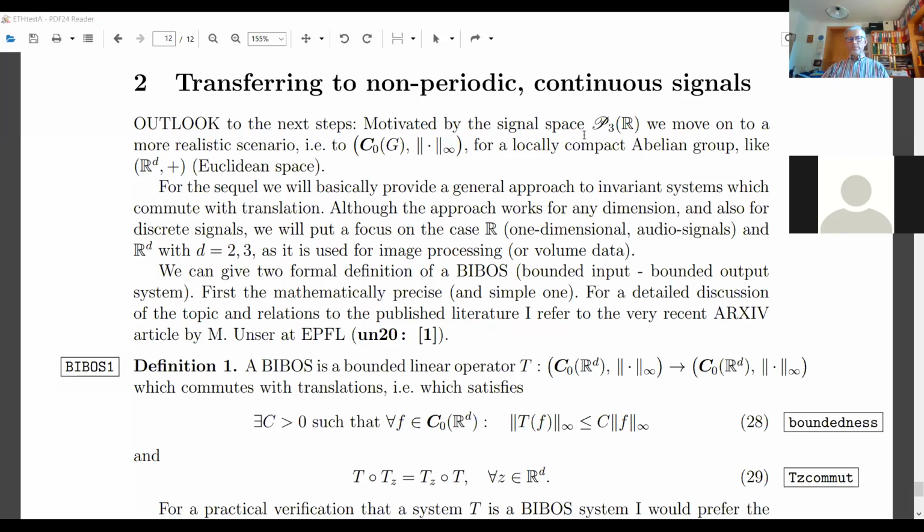On the other hand, if you are having discrete signals, it's very easy to describe a signal by the real impulse response, because the delta zero